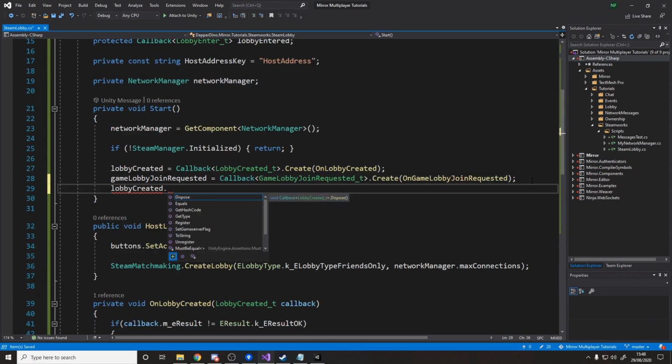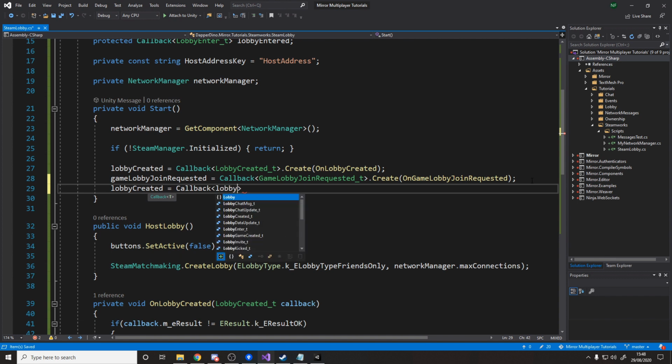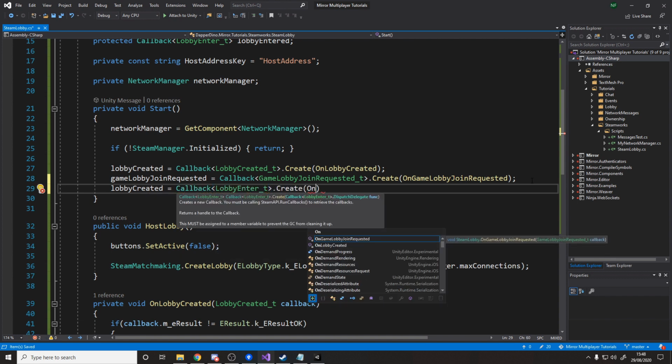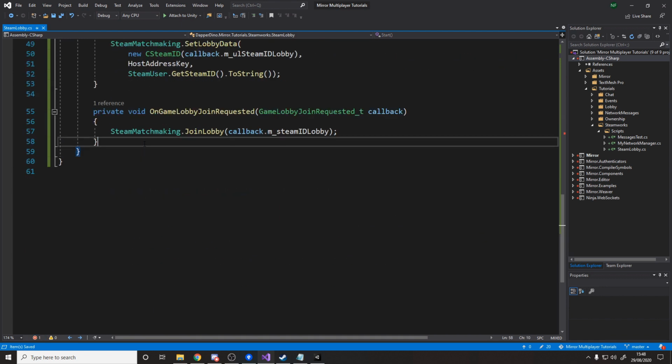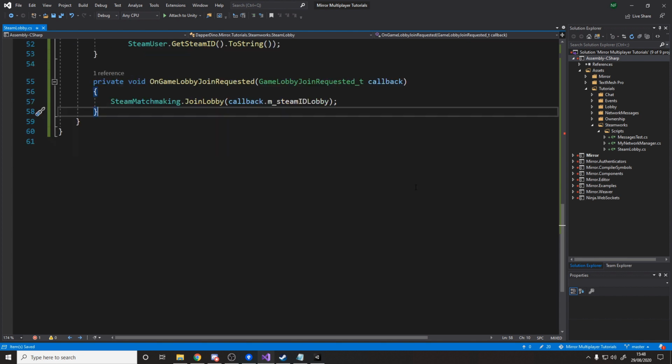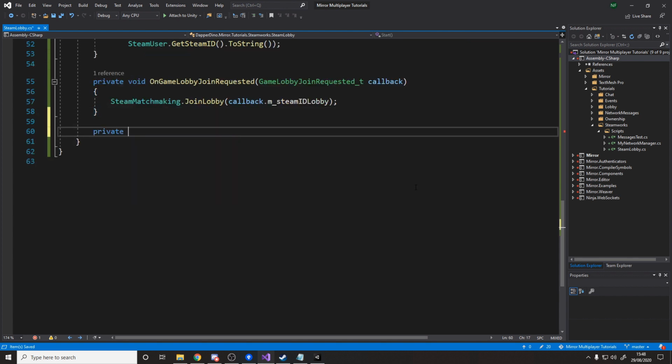Lobby entered equals callback of lobby enter. And then we'll make a callback on lobby entered. Don't worry, we're near the end now. It's not much more. It's just this last function is all we have to write. So private void OnLobbyEntered,